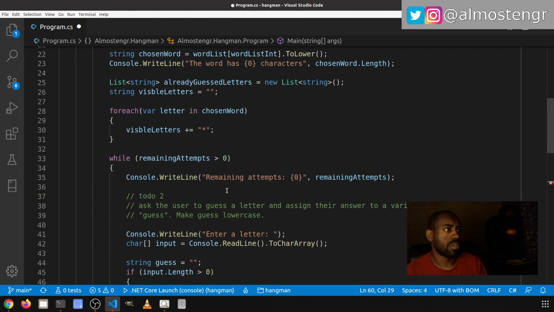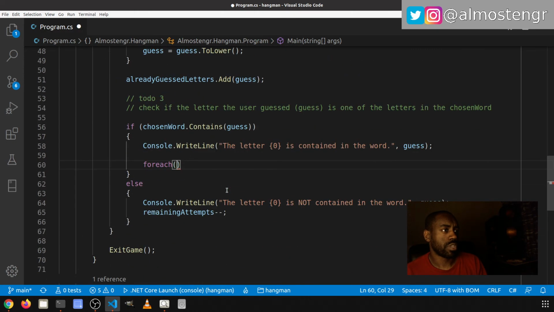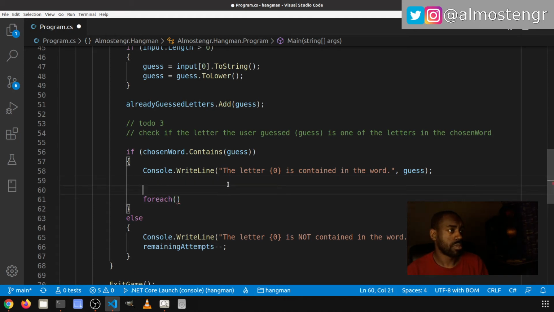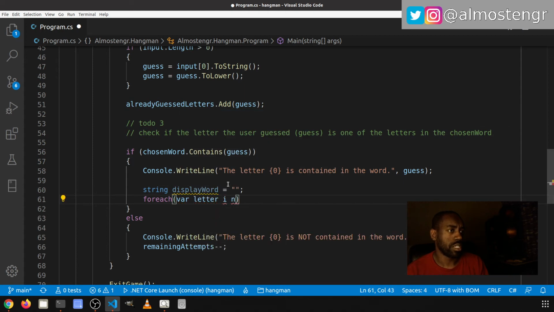So we want to start with the letters that are already visible, and we'll create a temporary string. We'll call a string display word, set that to empty, and then for each letter in chosen word,